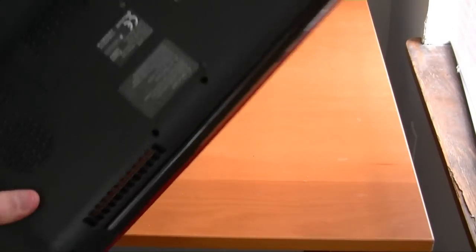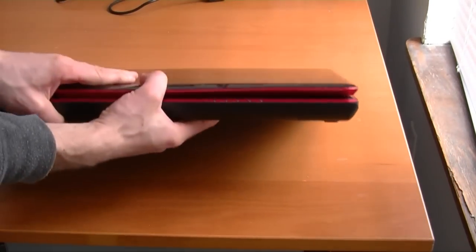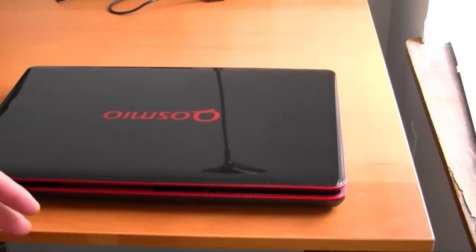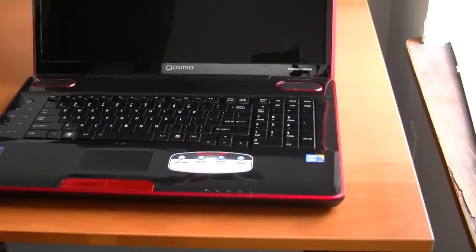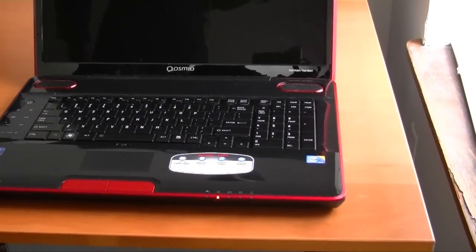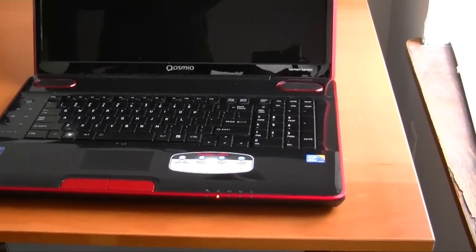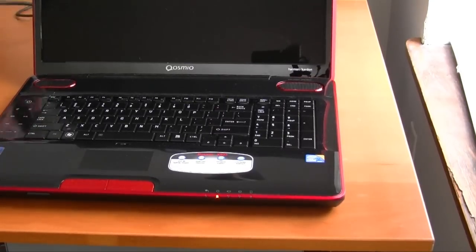On the bottom, there's not a whole lot to see except for right here, which is a giant battery. The first test system I got, the piece that holds the battery in, these little plastic tabs, had broken off. So I'd be careful about transporting this, which was definitely damaged in shipment. And then the final thing I wanted to show